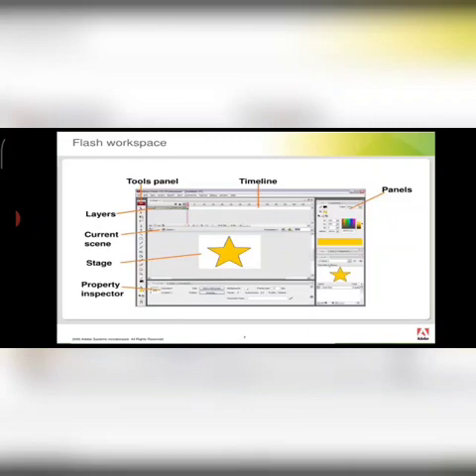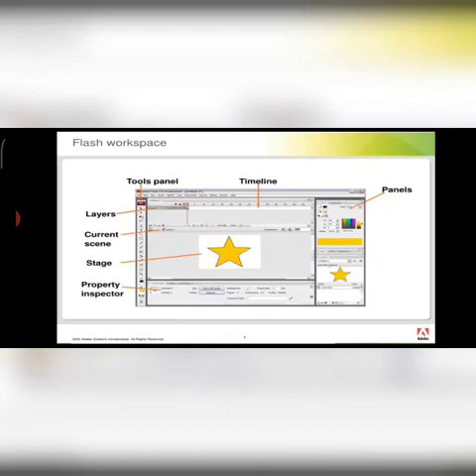So next one, menu. The menu provides control over common functions like opening, closing and saving of a document. So next, tools panel. The tools panel consists of various tools to draw, paint, select and modify objects. And timeline. The timeline is a fixed window that stays on top of every object in the workspace. It organizes and controls the content of a document over time in frames as well as in layers.